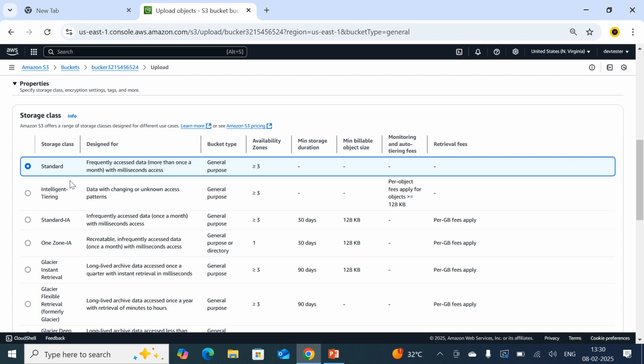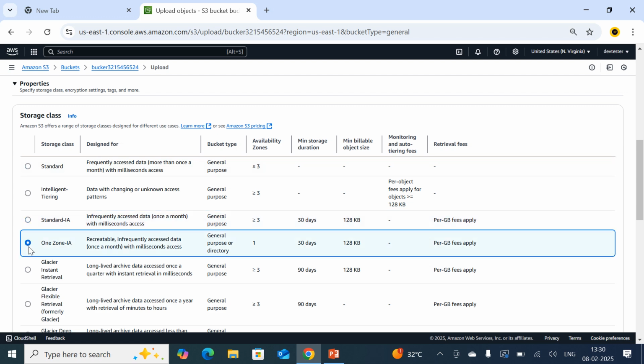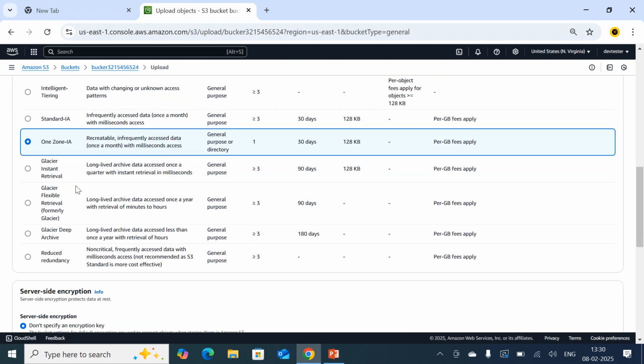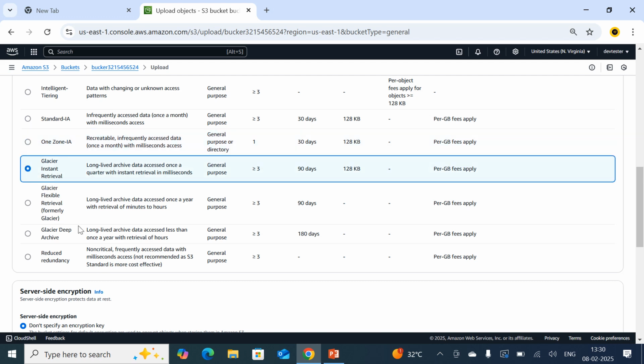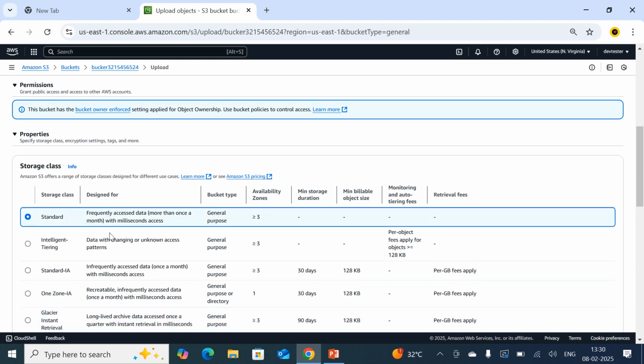If it is frequently accessed data, it moves into standard. If it is infrequently accessed data, we choose standard IA. If I want to store the data in only a single availability zone, I am going to store it in one zone IA. If it is archival data but it is going to be retrieved instantly, I am going to select Glacier Instant Retrieval. So different types of storage classes are there, and everything is based on your requirement. Here, think you are going to access the data frequently, so that's why you select the storage class as standard.